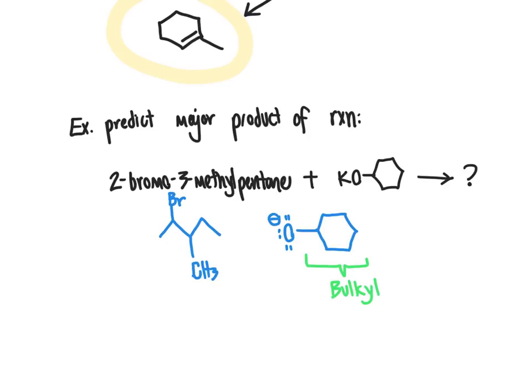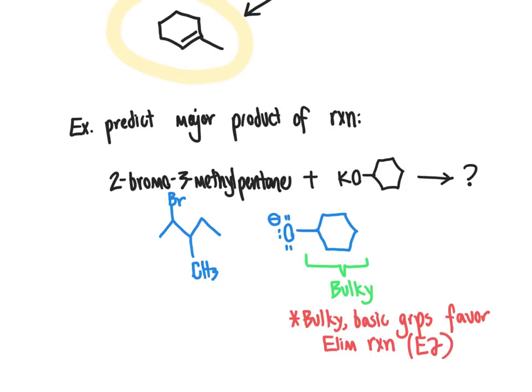So what we've talked about previously is that when we're thinking about what the preferred product of a reaction is, if we have a bulky basic group, those are going to tend to favor elimination reactions over substitution reactions, particularly since this is basic, it's going to favor the E2 mechanism, because remember that